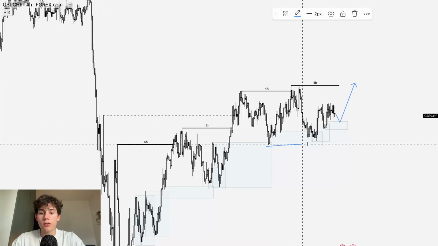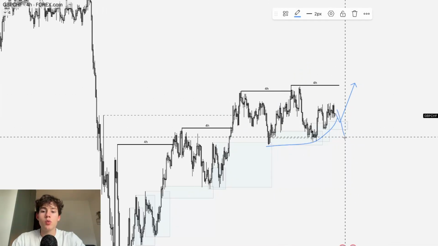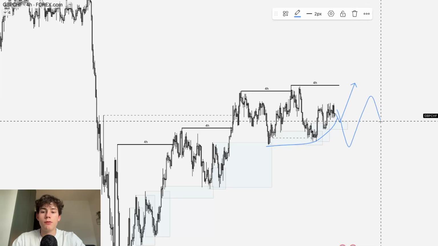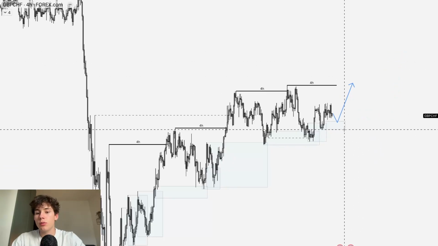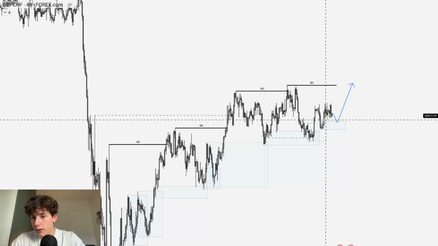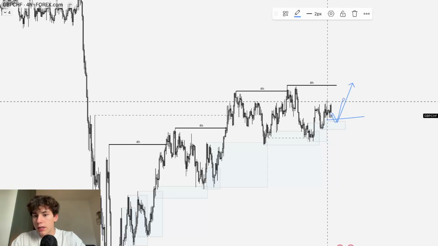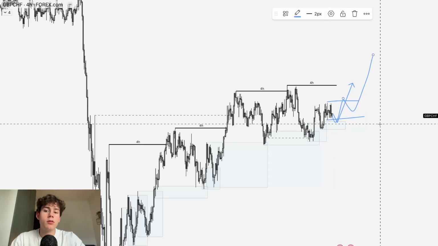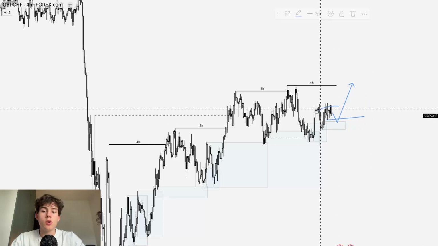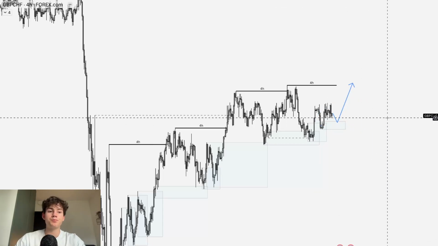Now keep in mind, we do have liquidity underneath these lows, so I wouldn't be surprised if we see one more swipe before moving up higher. So I'm definitely going to be very careful here, taking liquidity, then breaking the high, and then I would take a long setup and not just only after one fractal break.